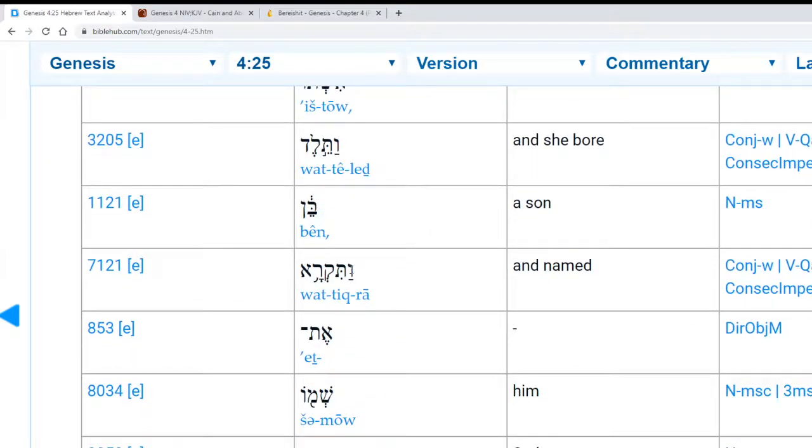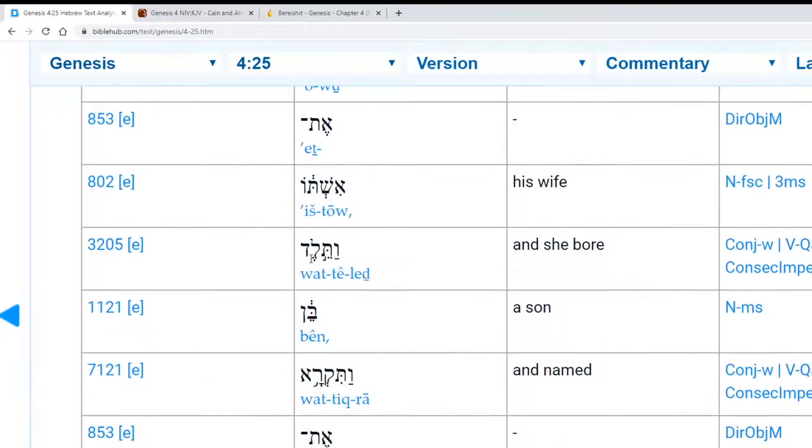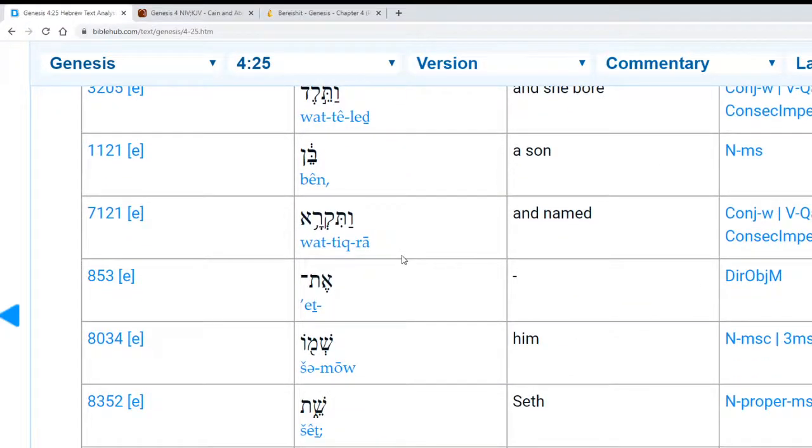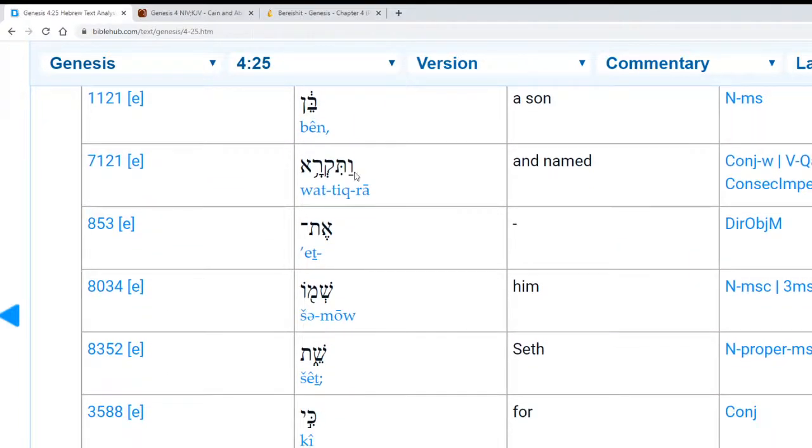Vatikra, conjunctive vav, and so this is the taf, so this is in the feminine, and she called him. So she gave birth and she called him. So et shemo, so Chava was the one who called,